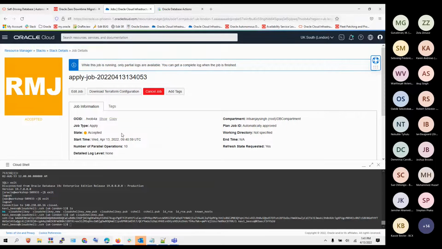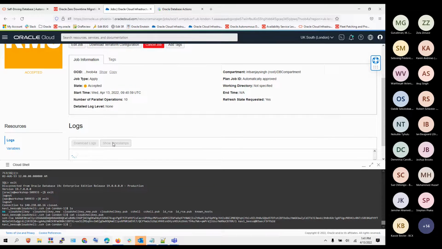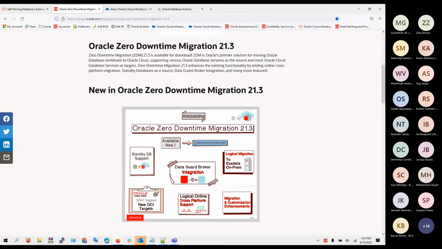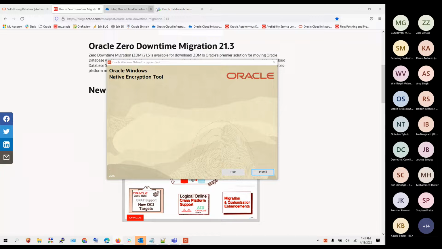Okay, let's hope we can get this sorted out now. In the meantime, what we can do is go onto the server and set up this part here, which is